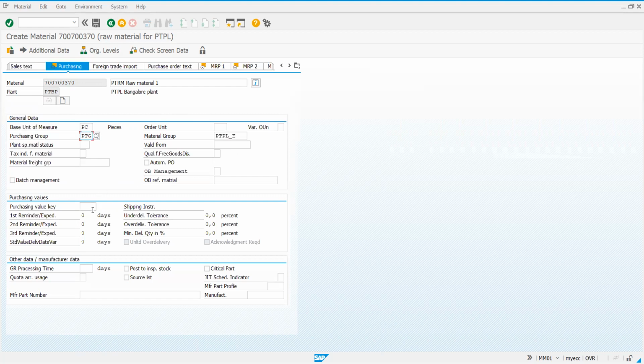Then similarly, purchase value key. What have we defined? OME1. No, one second. PTVK.